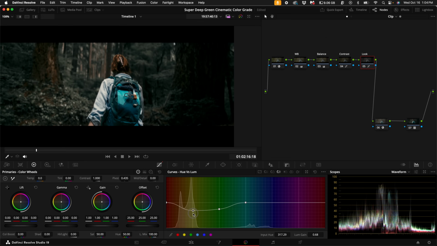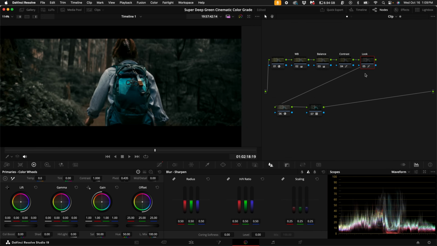And depending on how dark you want to make the yellows and greens will basically come up to your personal taste. But during the look process, try to exaggerate what you're trying to do, because towards the end, you'll see how I'm going to adjust it to get your personal flavor. All right,